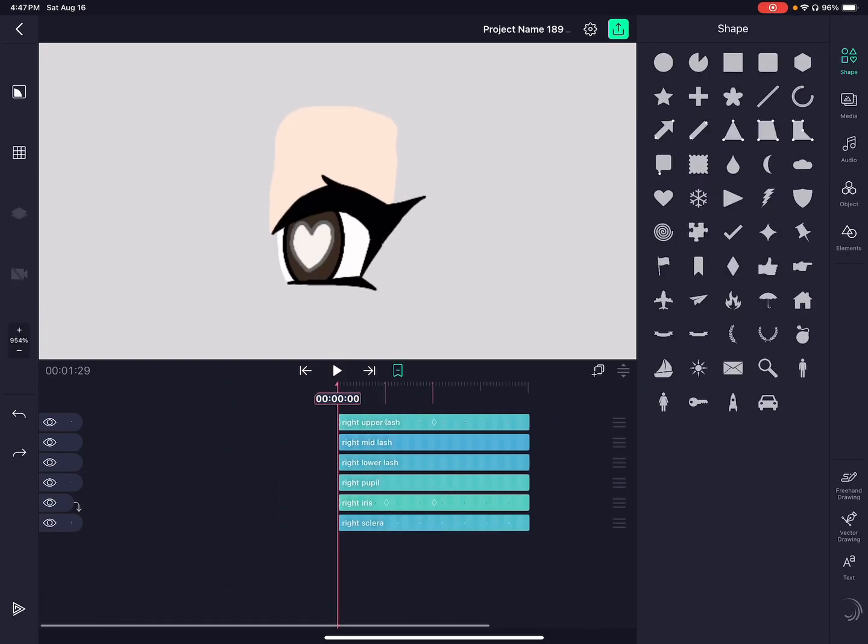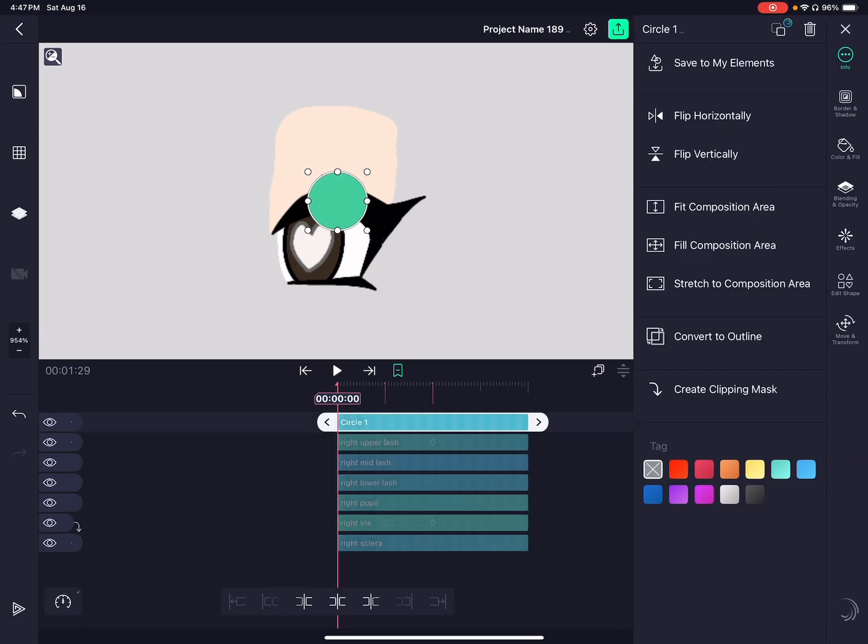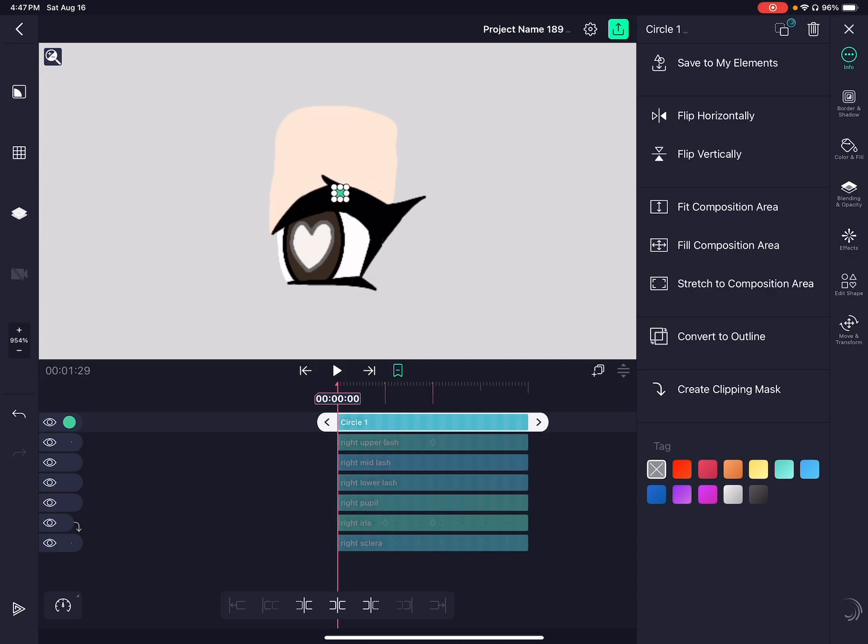So yeah, there are much better tutorials out there, so you can search for them. But this is just the basics on how to work it, not how to smoothly make the eye animation. Anyways, to show you again, this is where the pivot point should be, always right in the middle of every part. You could also put it here for the mid lash or here, but